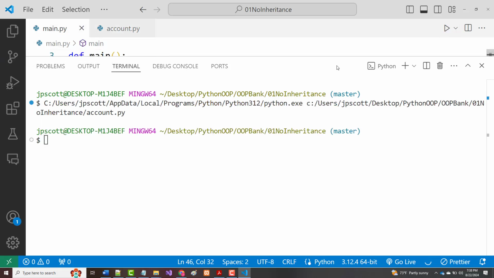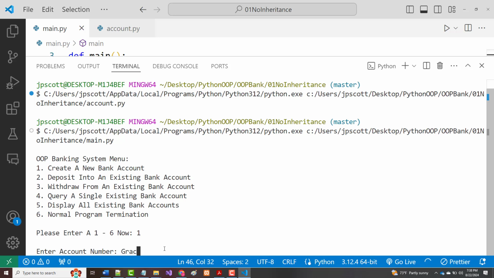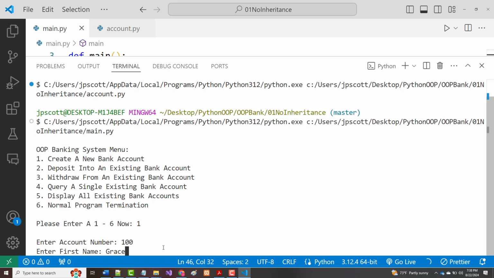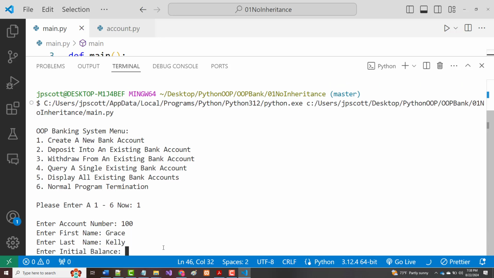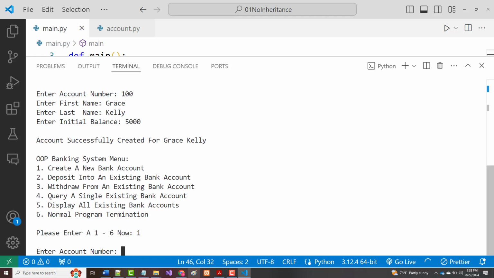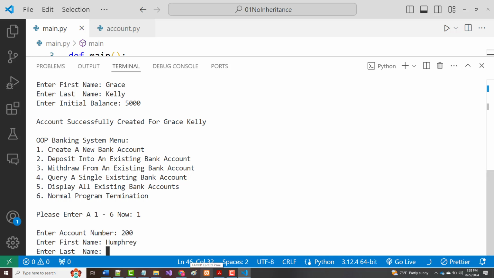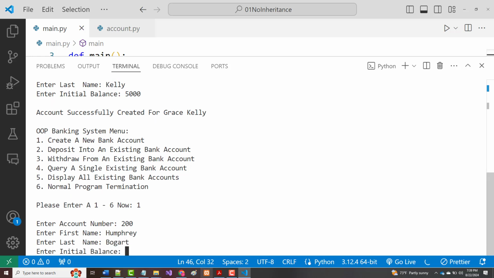We're going to run main. 1, 100, Grace Kelly, $5,000. 1, 200, Humphrey Bogart. My wife was watching old movies today, and he'll have